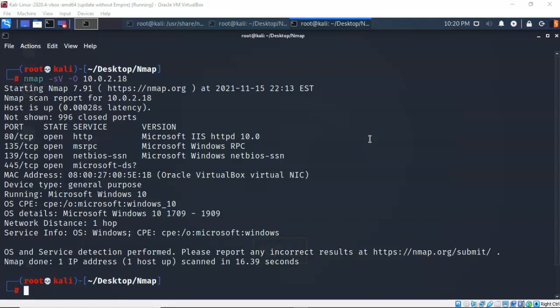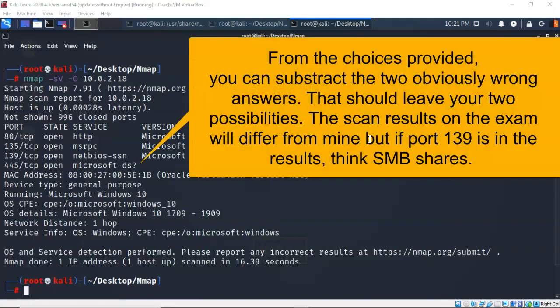You've got detection of a service and the version of the service, and you want to know what operating system is running on the target. And lastly, what is our attack vector going to be as a result of examining this output? Well, what I see here is the possibility of weak SMB permission. So you're going to want to look at this one as probably being your best attack vector for this particular